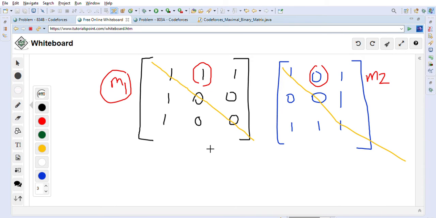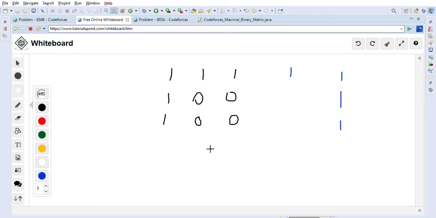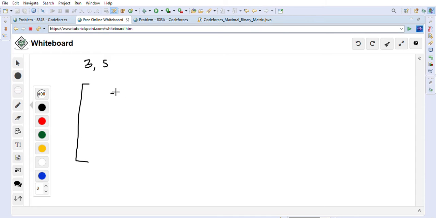So let's take one example, and we will understand more. I am going to remove this one. We are going to do it step by step. First, let's say we have been given an n by n matrix, which is a 3 by 3 matrix, and the number of ones we want to put is 5. In the beginning, all the matrix rows are 0, so the 3 by 3 matrix looks like this.